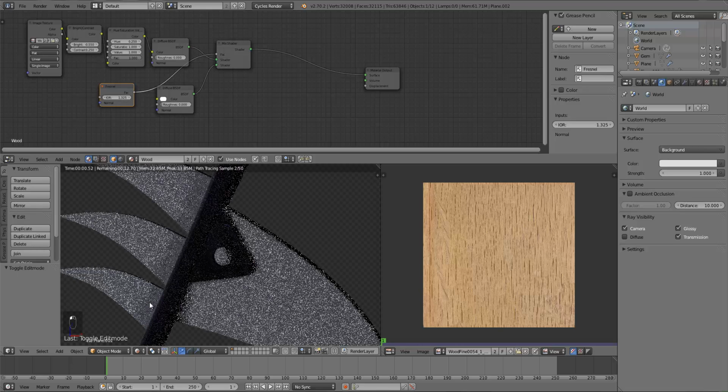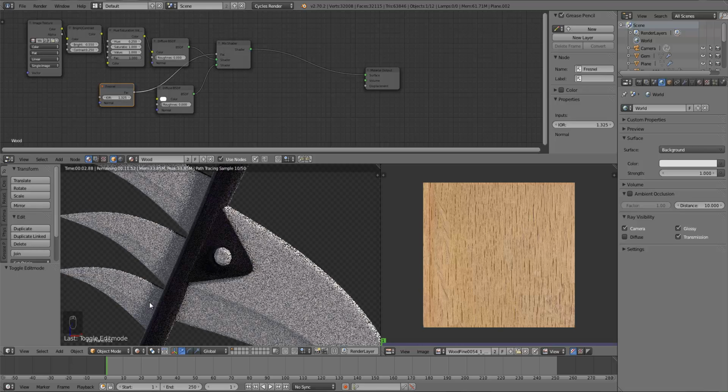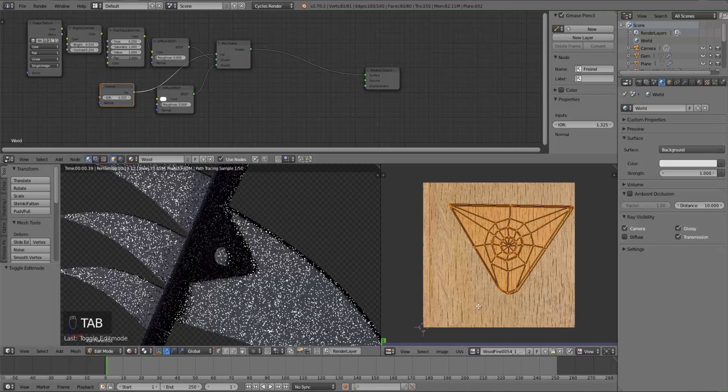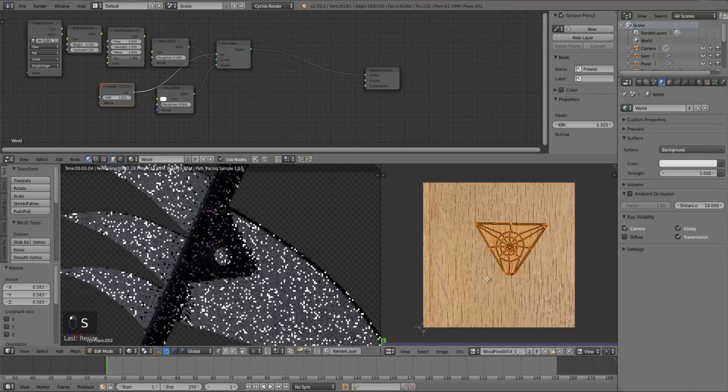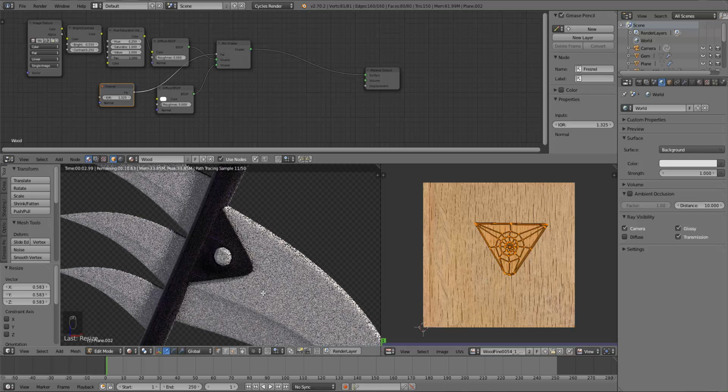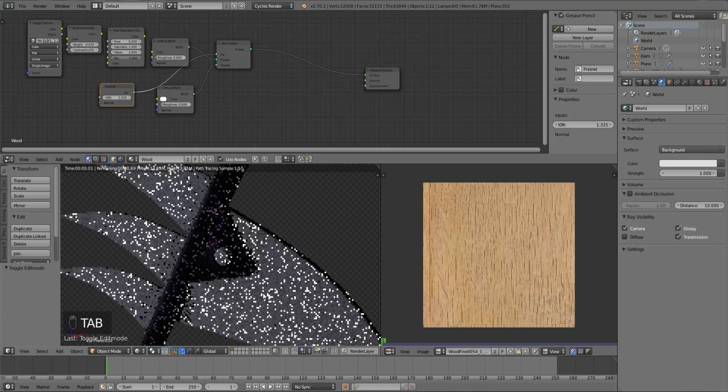So let's go into rendered view and see how that looks. Should work just fine, but yeah, that looks pretty good. Might make it a little smaller though. Scale that down a bit. Something more like that. Alright, so that works pretty well, and then we can do the same thing we did before,